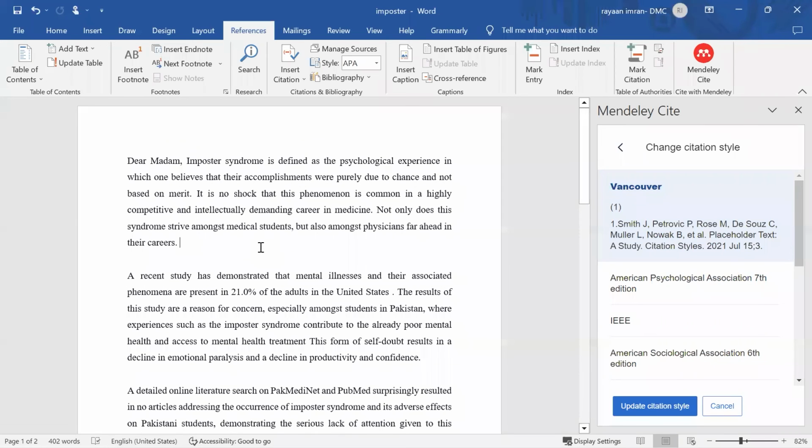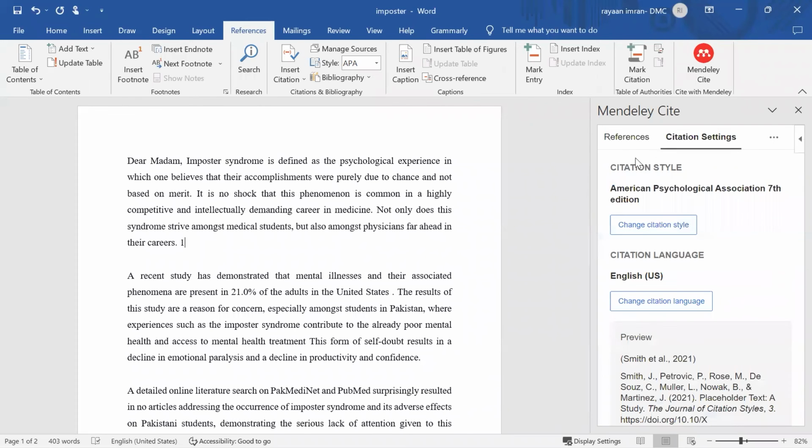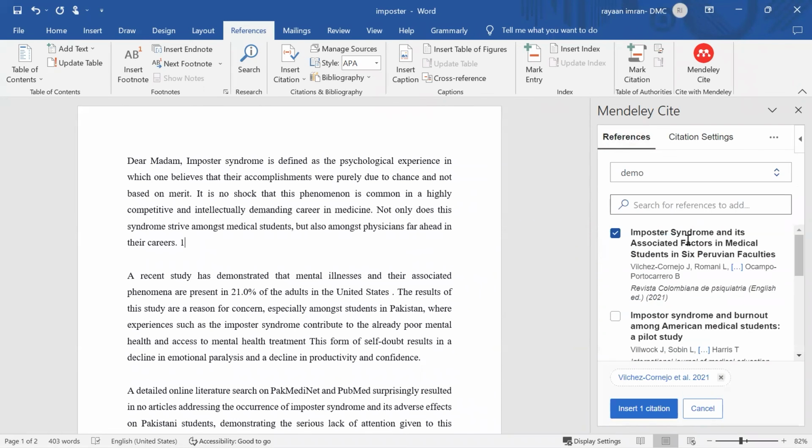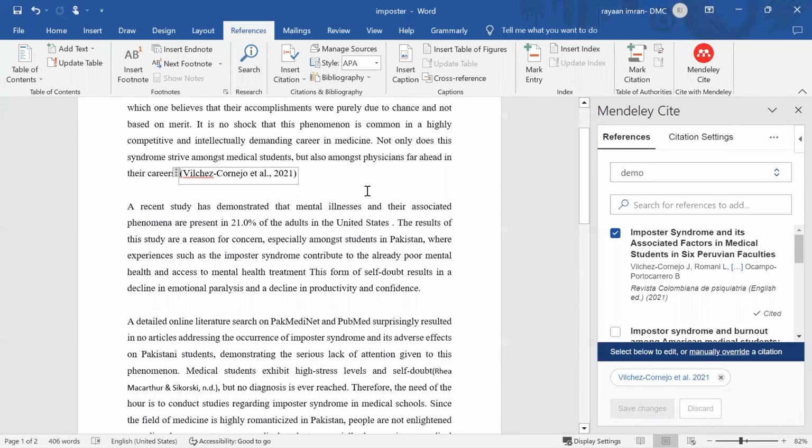So coming back, let's say I was writing the draft और मैंने यहाँ पे 1 number डाल दिया था कि मुझे यहाँ पे first वाला अपना article डालना है. So I go to the references वाला part here. I go to import. This is the first article that I want to include. I go to this. Check this, ठीक है? अच्छा, number 1 मैंने खुद लिखा है, इसको हटा दो यहाँ से, ठीक है? So just delete this वाला part and then you click on checklist, ठीक है? And then you click on insert one citation. I've inserted one citation, right? So this I believe is in the format of